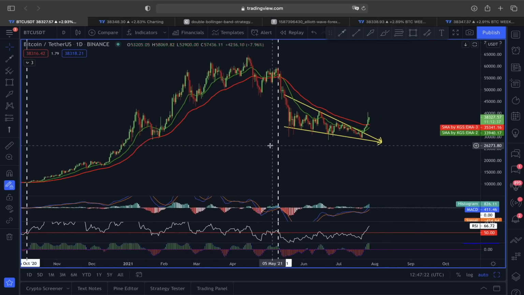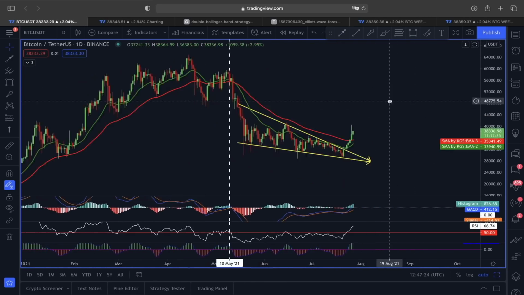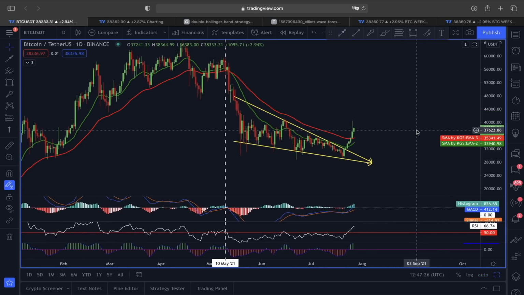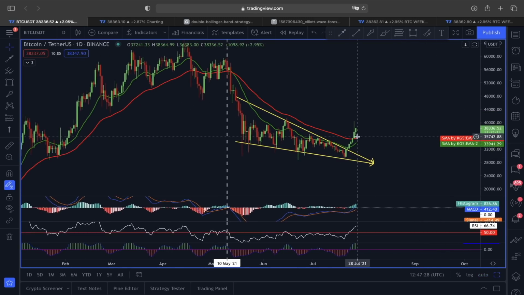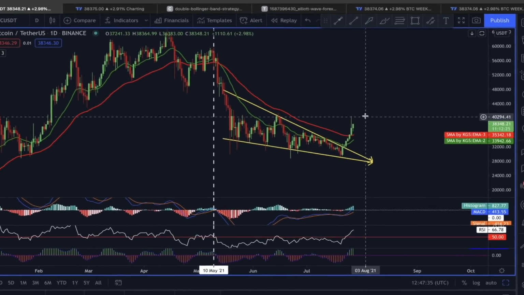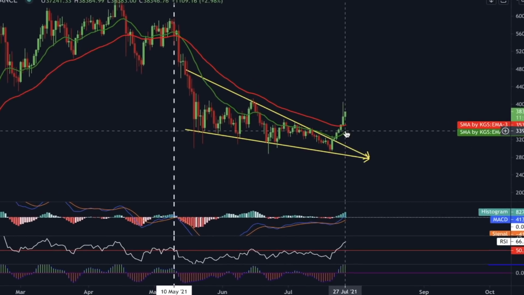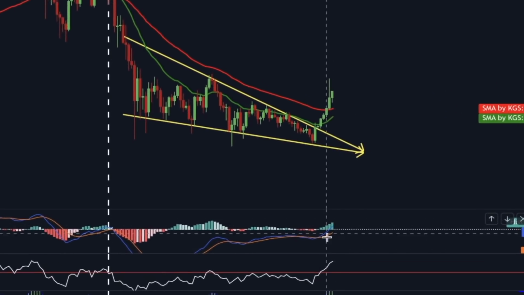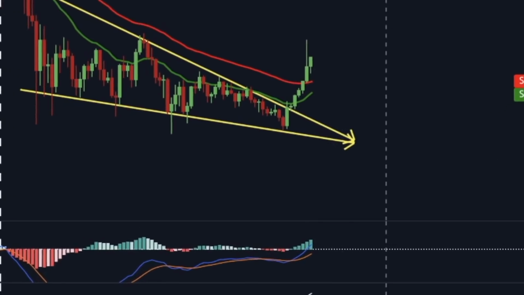So today, as you can see guys, we are going to start this analysis by looking at the price action of Bitcoin here in a daily time frame, because in a daily time frame to confirm this reversal for Bitcoin, we just need two more confirmations from these indicators. One here is this moving average and the second one is this MACD line to confirm this reversal scenario playing